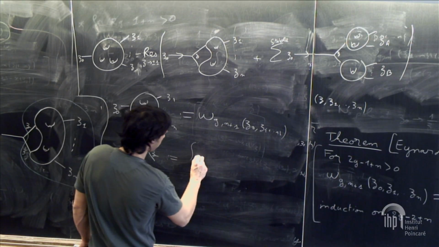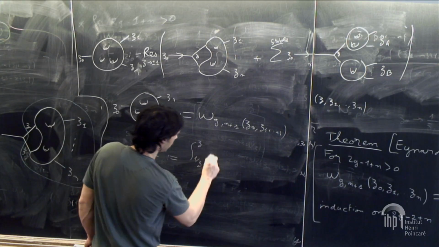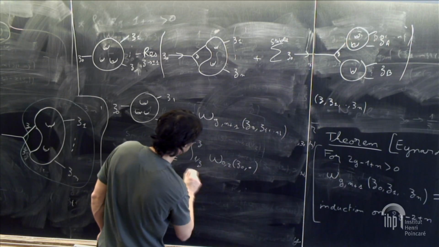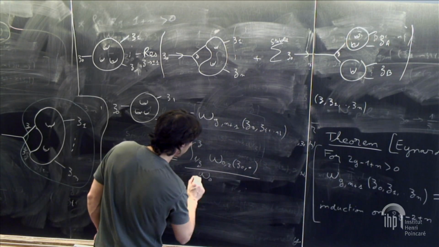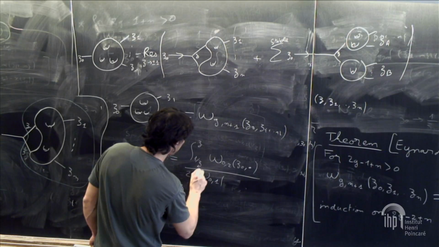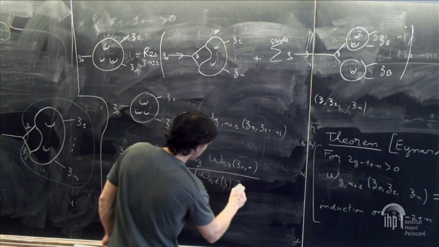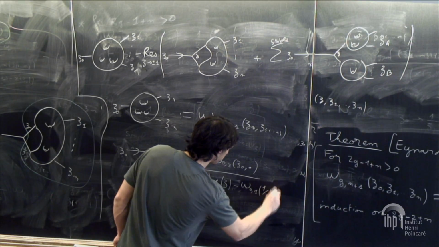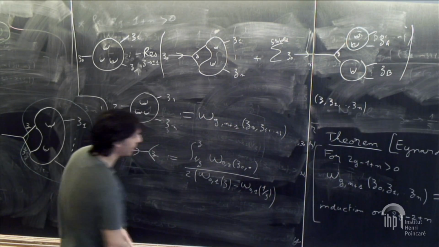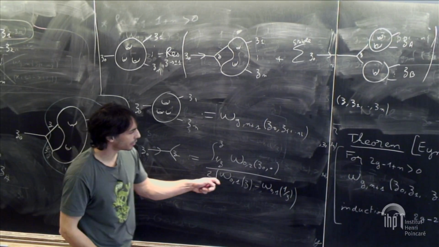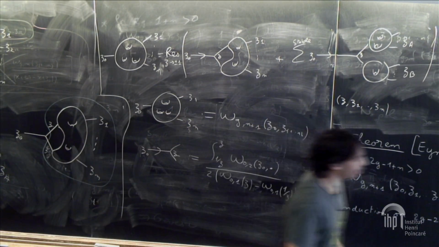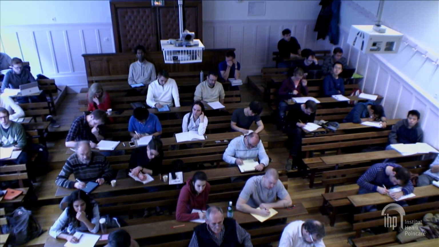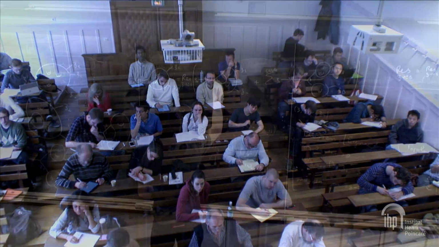It's the integral from 1 over Z to Z of omega 0,2 of Z0, divided by omega 0,1,2 times omega 0,1 of Z minus omega 0,1 of 1 over Z. And actually, you see that for the following here, you need to know which leg is associated to Z or 1 over Z. And I will do that by